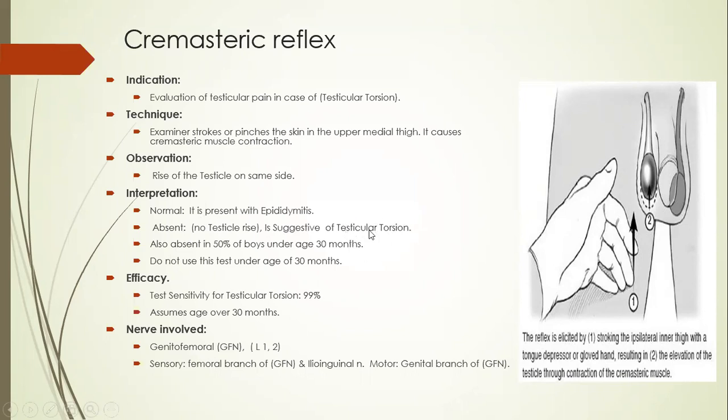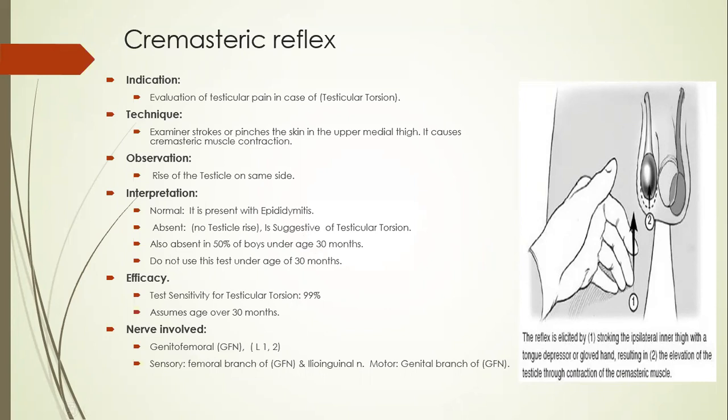So whenever there is testicular torsion, there is absence of this reflex. Almost 50% of boys under the age of 30 months will have it absent. Within 30 months, that is 2.5 years, it is absent in almost 50% of boys. So do not use this test in children less than 2.5 years.